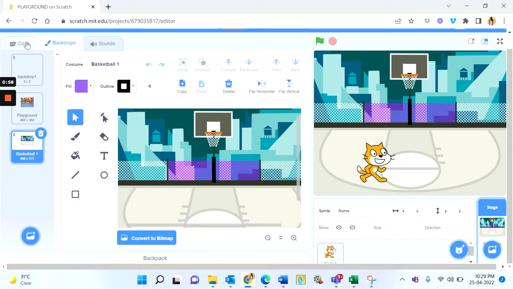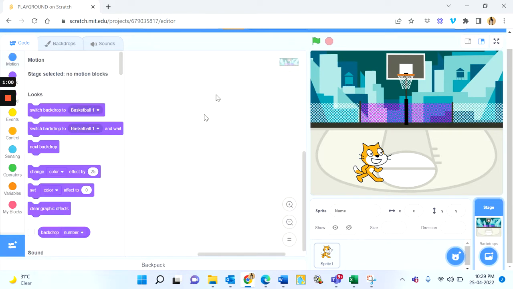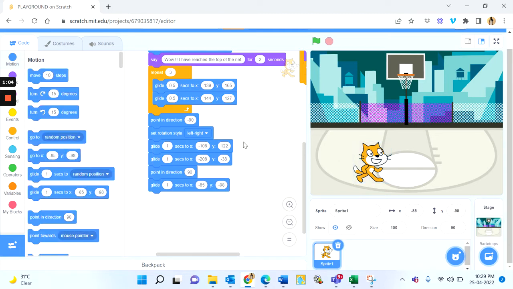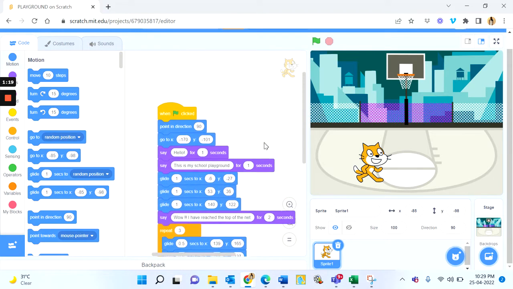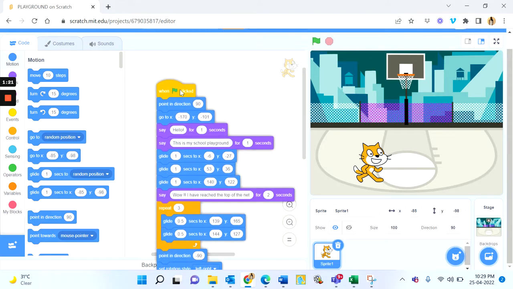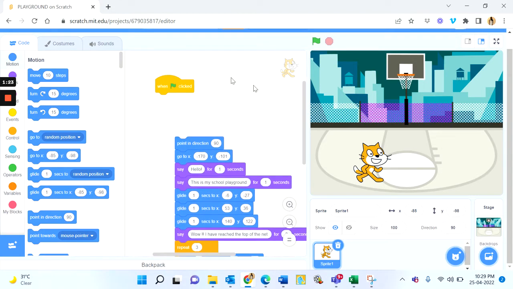So, we go back to the coding. This is the coding area for the stage, but we have to click on the sprite one and continue with the coding. Now, after this, when the cat is coming down, you can see the background of the basketball court is showing. So to make sure that in the beginning of this animation the playground background is showing,